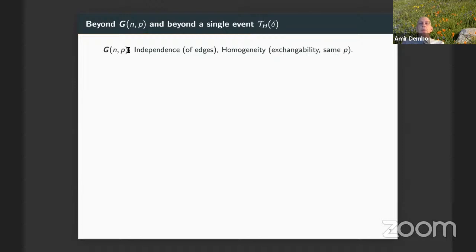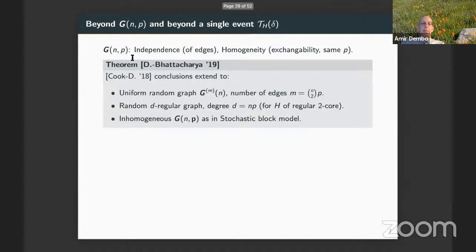What was special was 2 facts. 1, it has complete independence of the edges, and 2, it has complete homogeneity. We have exchangeability. We are using the same p. In a paper with Sohom Bhattacharya, we looked at trying to relax, not completely, keeping the structure, but relaxing these 2 assumptions. And we saw that the conclusions that we drew in the earlier paper with Nick Cook extend to other graph